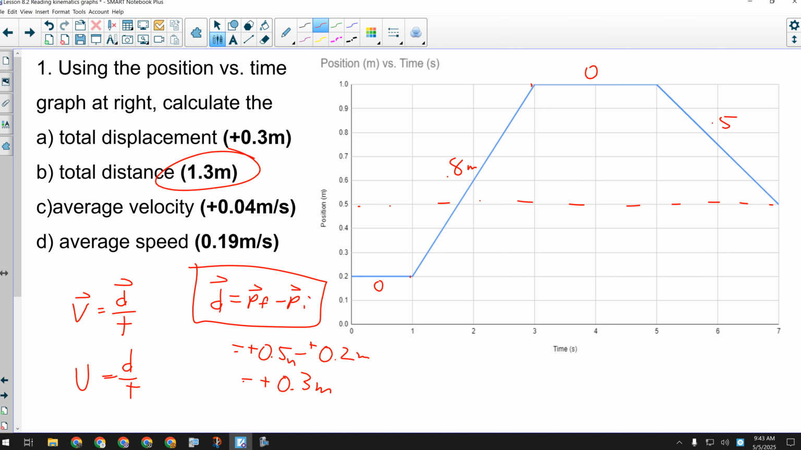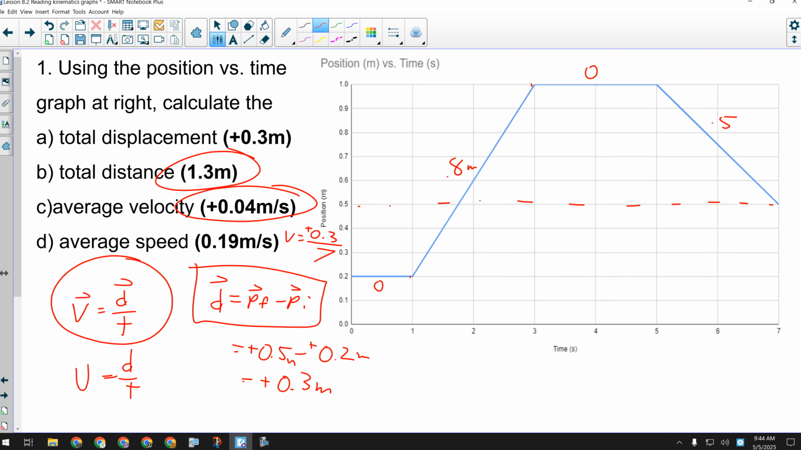All right. Now, we've done all the heavy lifting, believe it or not, to do parts C and D. For part C, we want to calculate the average velocity. Well, average velocity is total displacement, which I calculated in part A, divided by total time, which I can just read off the graph. It's 7 seconds. So to do average velocity, all I have to do is take 0.3 positive divided by 7 seconds, and I will get positive